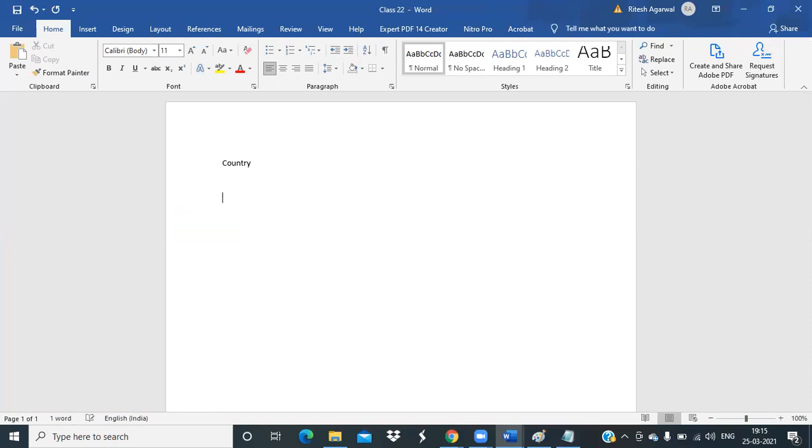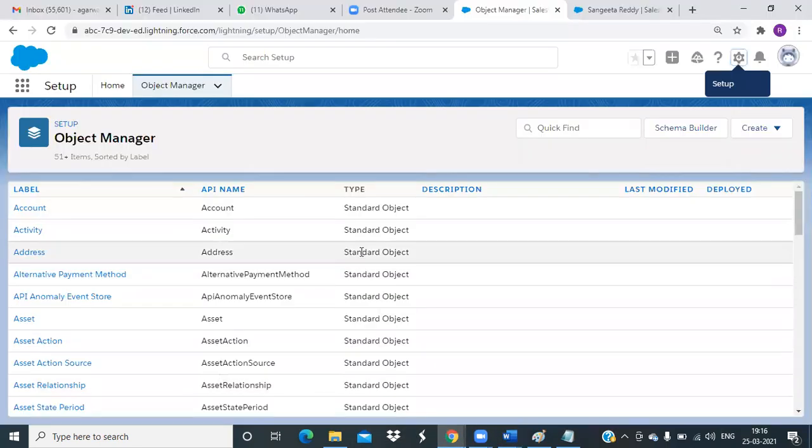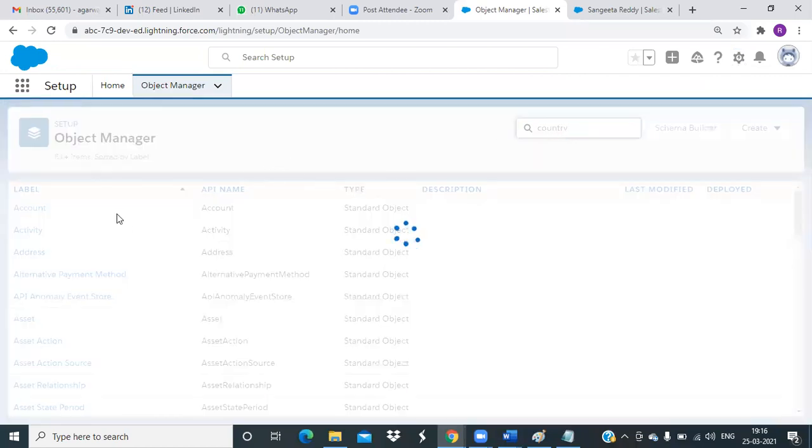country. We created country and state objects. You remember we created a country object and a state object, and we built a relationship between them. Now somebody comes and tells me, this is the system, you need to tell which one is child and which one is parent. What will I do? I will go to both of the objects. So I will go to the country object first.